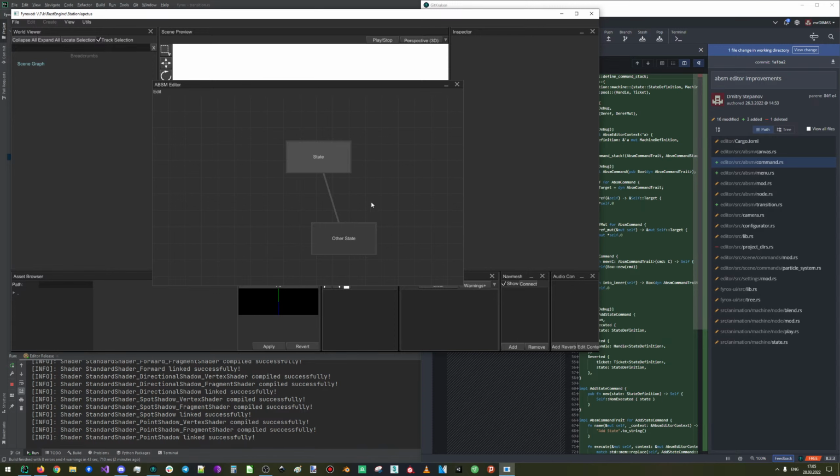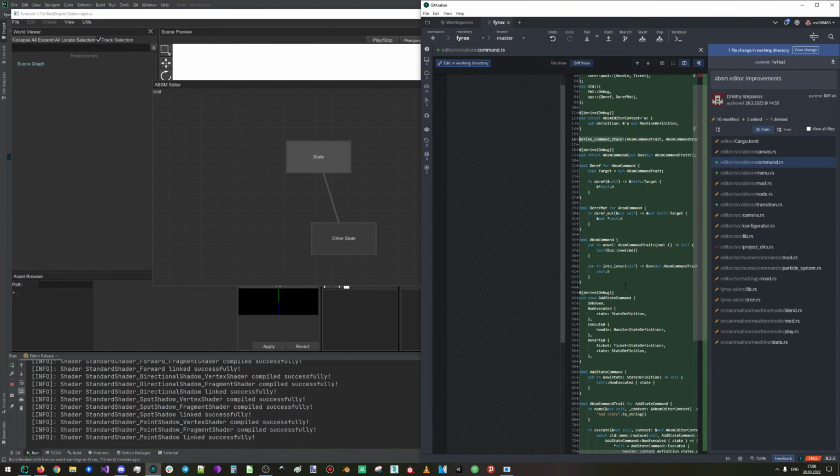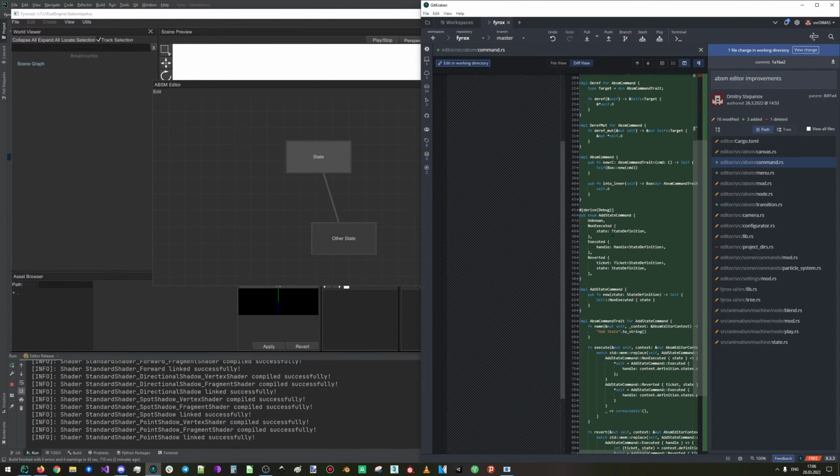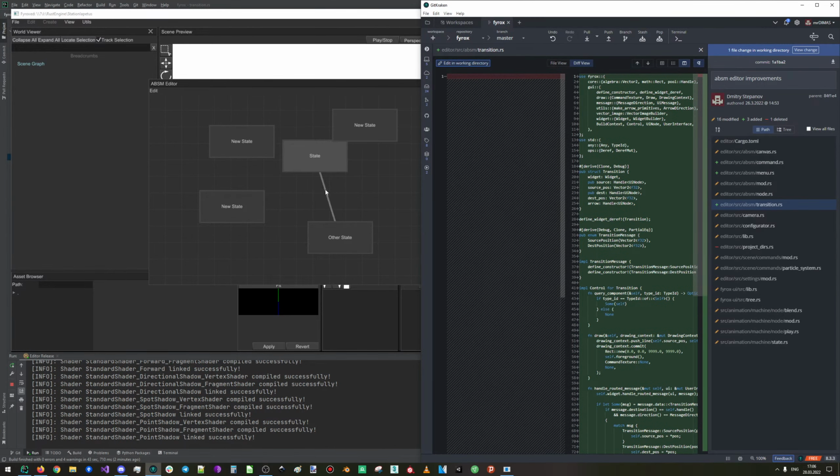added the command stack. As you can see, this is the command stack. A single command, that is add state command. Basically, that means that you can create state, then go to edit, that is new too, undo or redo, and also create some new states, do undo, and do redo. And what else? Yeah, basically added the transitions, so they